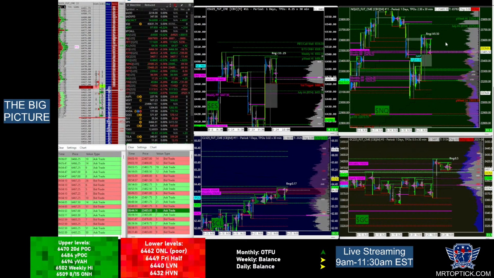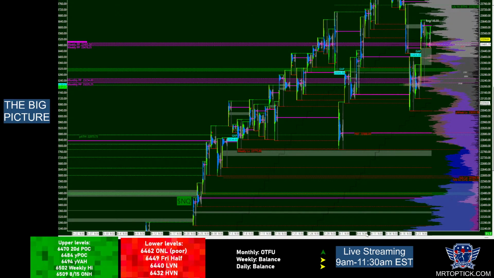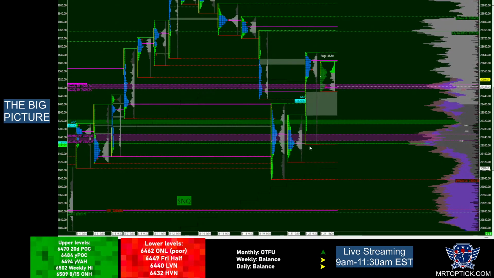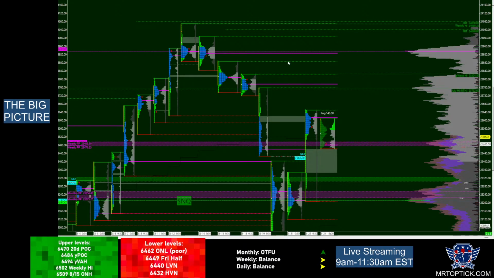NQ is way weaker. That spike didn't move us all the way to the top of the range like on ES, and we're right now trading at the weekly pivot and the monthly VWAP. We have Nvidia reporting earnings on Wednesday, so that's going to be pretty big since it's a big chunk of the Nasdaq and the SPX. So the market's probably going to be waiting for that.